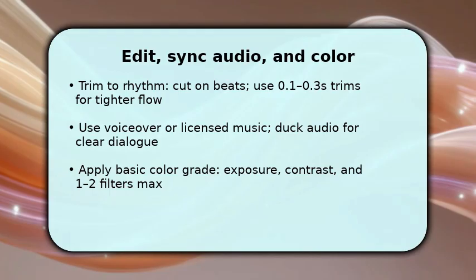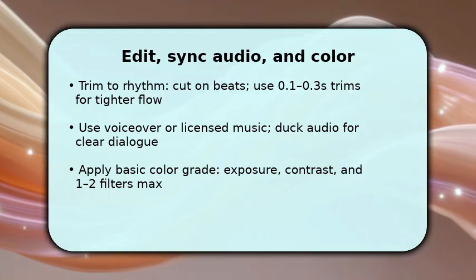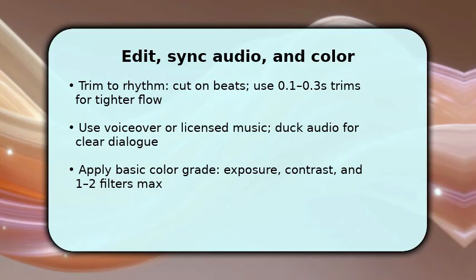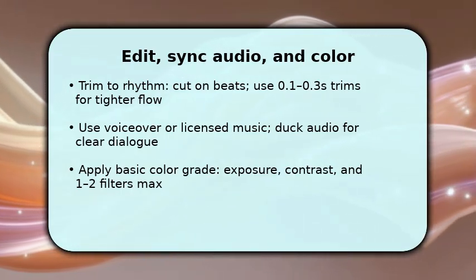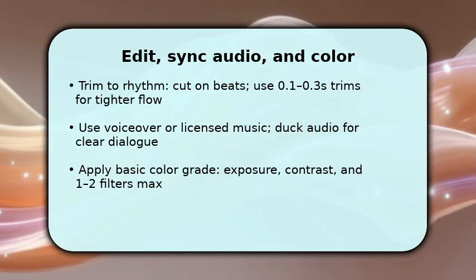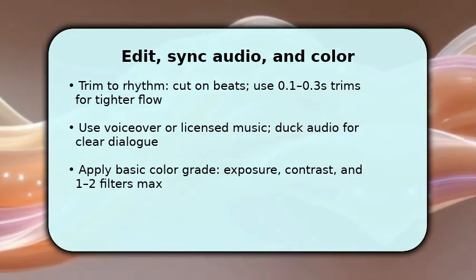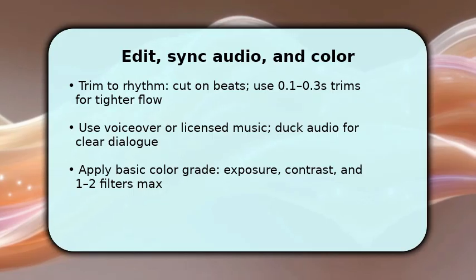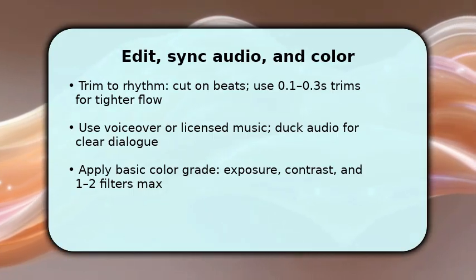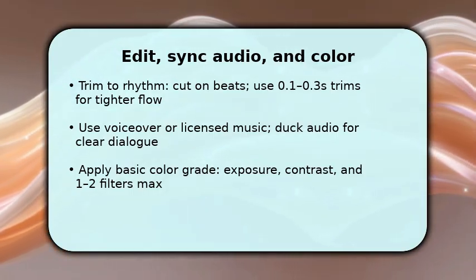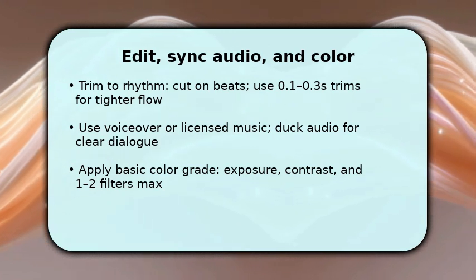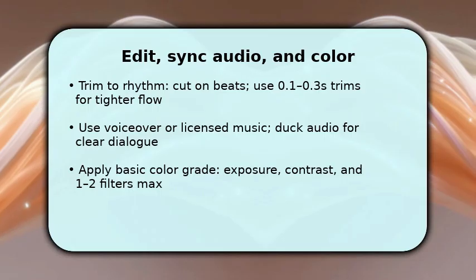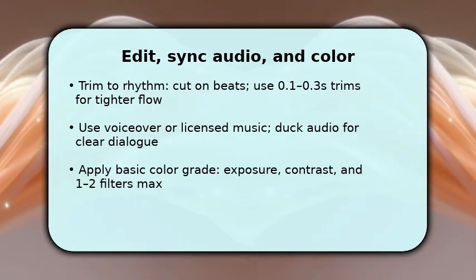While editing, layer a licensed track or your voiceover and lower clip audio with ducking so dialogue remains audible. Make small color corrections, adjust exposure and contrast, rather than heavy filters to keep the original cinematic feel. Once you have smooth transitions and balanced sound, export a 1080p file at 23.976. You finish by uploading the exported file into Instagram Reels, choosing a 9:16 crop, and selecting a compelling cover